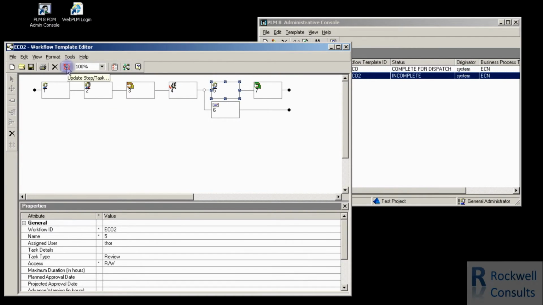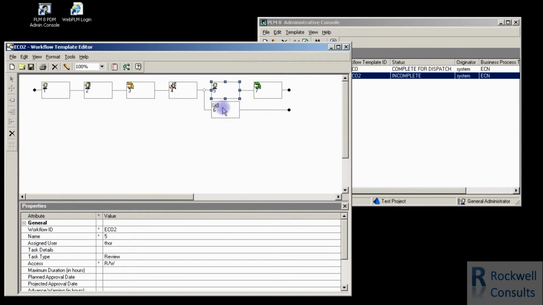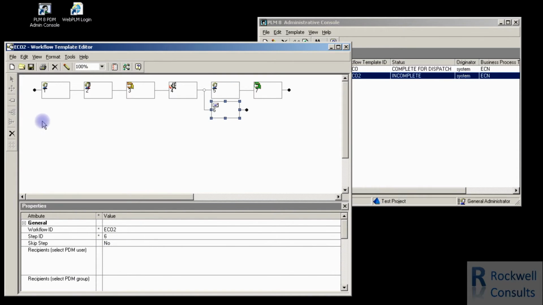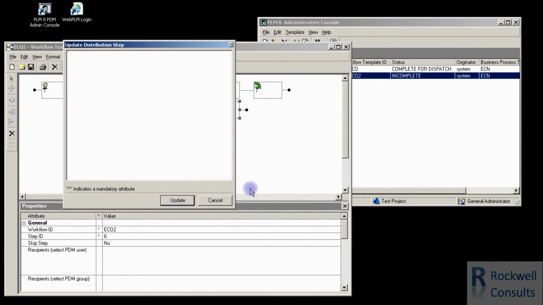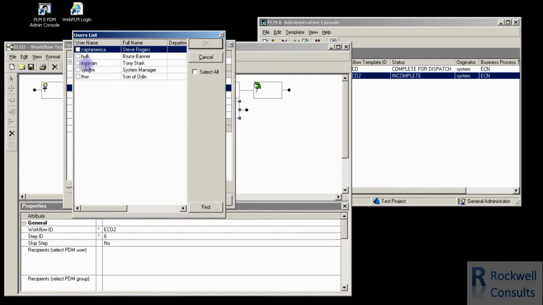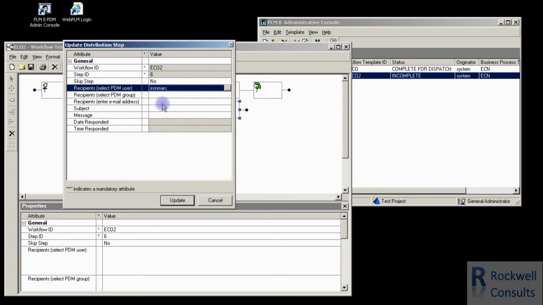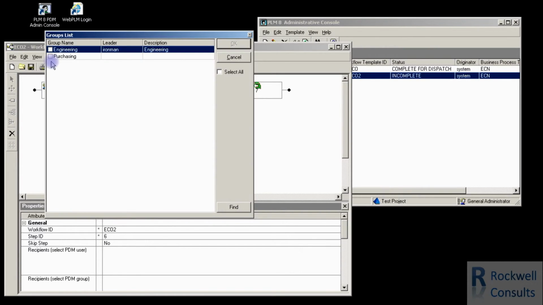Okay, let's check this one, and we see that this is already assigned, so we don't need to go there. And we see that here we are missing a user, group, or an email address, something, and it normally requires at least a PLM user. You cannot simply just put in some external email addresses here and expect this to work. It may pass the validation, but it may not work later on. So we'll at least select that, and we could put in purchasing,